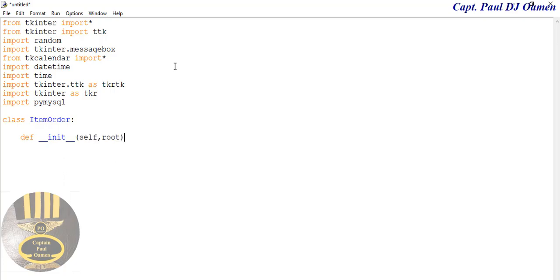Right underneath there, underneath the function, I'm going to say root. Let's grab this. Self.root is going to equal root, which is going to be the name of the app itself. So now let's say self.root again